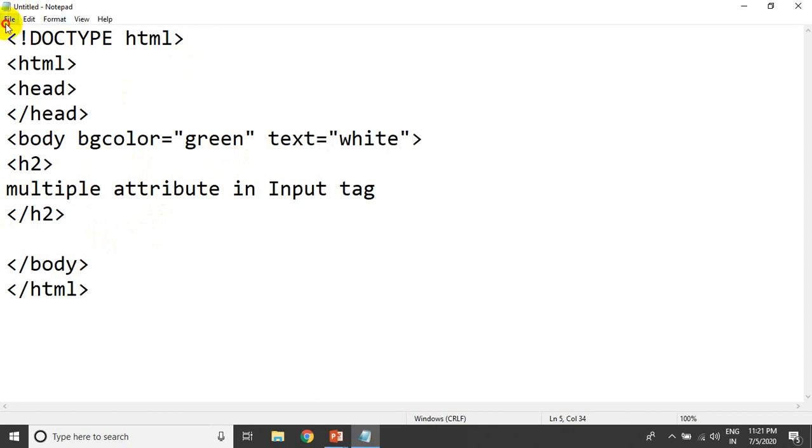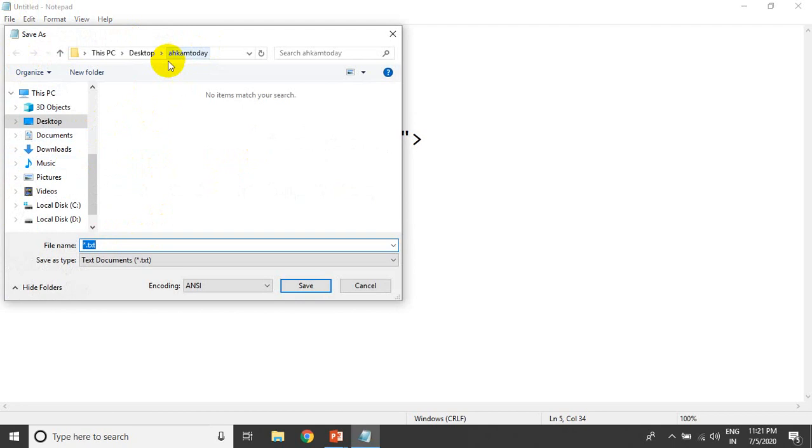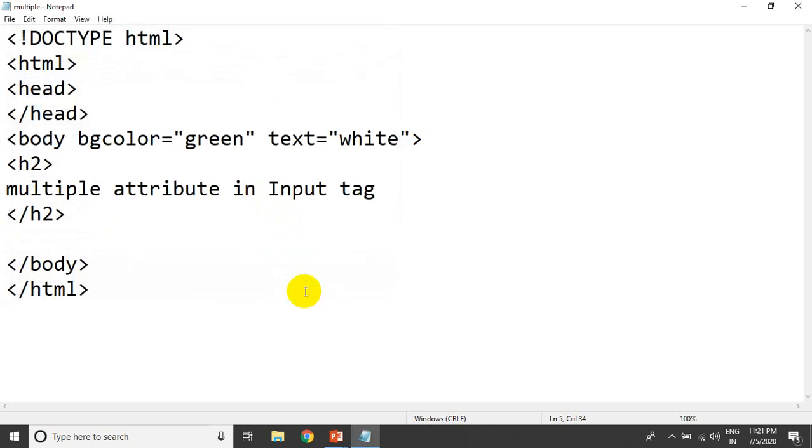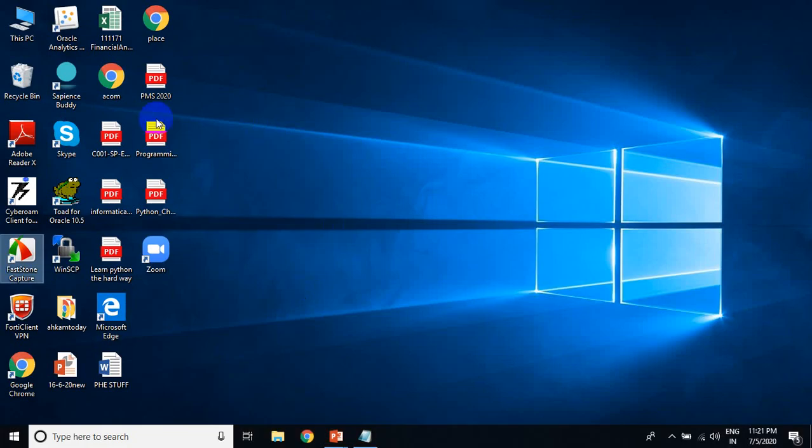I just want to save the page. I am going to save it on the desktop. I have created a folder called account today, in which I am going to save the file as multiple.html. Now I want to show you the result of what we have created.